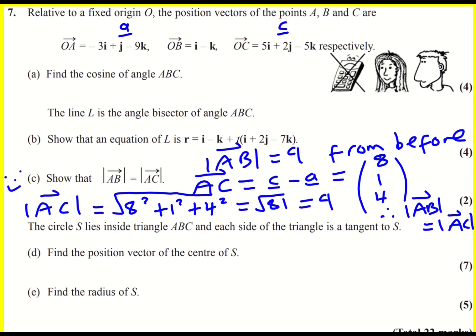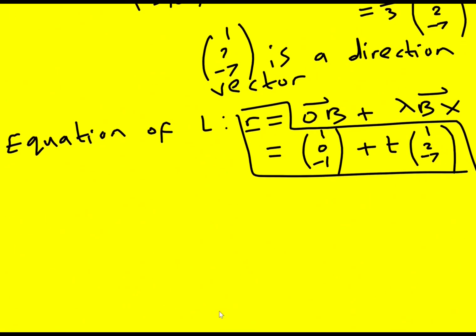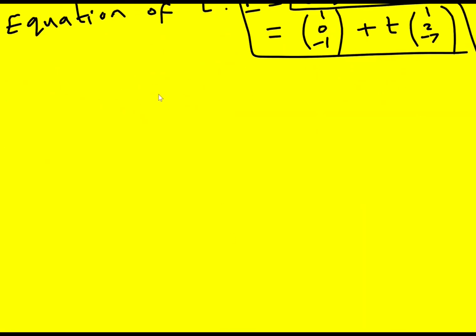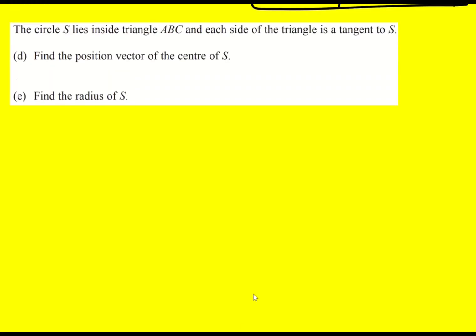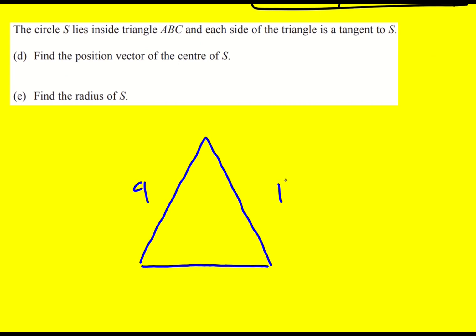However, what part C really is doing is helping us out with parts D and E, which are back to complex, let's say. The first thing I think to do is use that information. I'm going to now draw in what we have, this triangle, and I've on purpose drawn it as an isosceles triangle because we've just shown that two lengths are equal, AB and AC. So I'll put A up here,